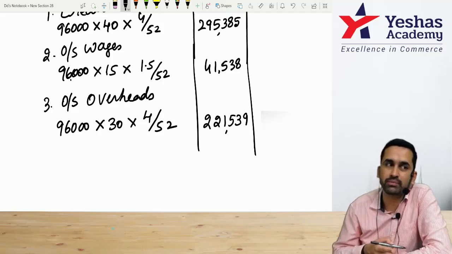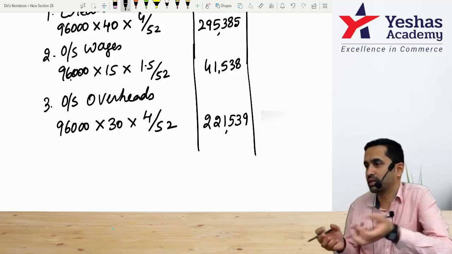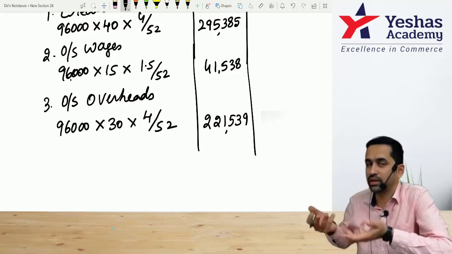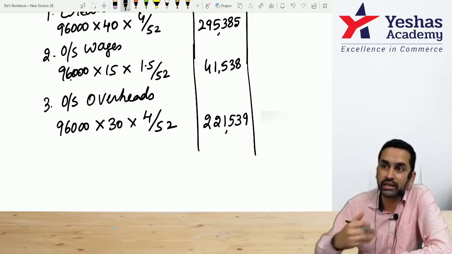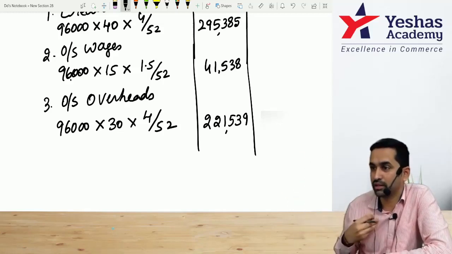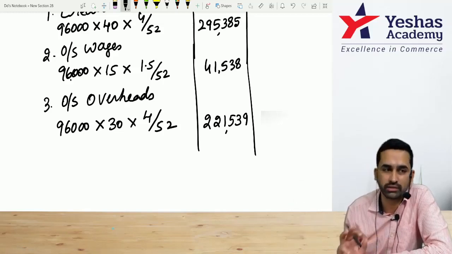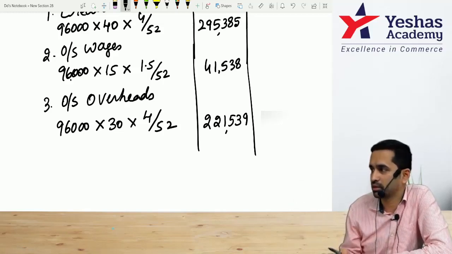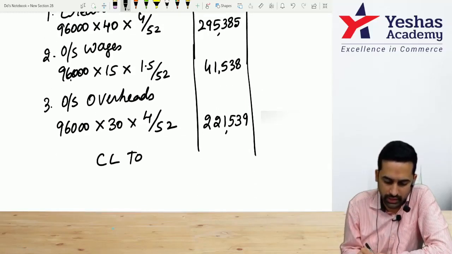There can never be something called outstanding depreciation. I cannot block somebody's depreciation and say, look, I am enjoying their money. Where is the logic here? Right? I can delay rent payment. I can delay salary payment. That gives me the time advantage, but I can't delay depreciation and say, look, time advantage. That's the reason why we don't consider depreciation. This will give you current liability total